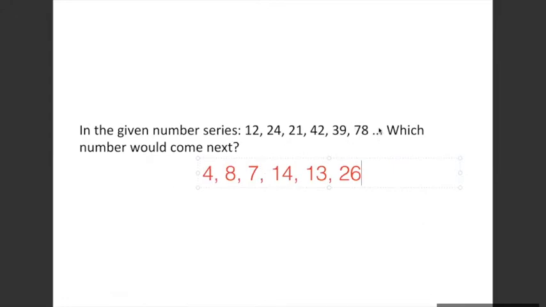So if I go that way, 75 यहाँ से ऐसे आएगा, and if I go with this logic saying 4 into 2 8, 8 into 3 24 here, then इसका minus 1 7 आएगा, so 3 into 7 21, 7 का double 14, इसलिए यहाँ पे 14 आएगा, multiply by 3 करोगे, so that way you get 42 here. 14 minus 1 13, 13 into 3 is 39, which comes here. 13 into 2 next, because it's an even place में it gets double, so 13 into 2 26, 26 into 3 is 78. 26 के बाद ये odd place आ रहा है, odd place में even place का minus 1, which is 25. So 25 into 3 is 75.